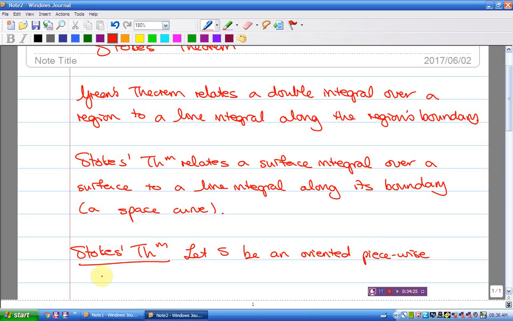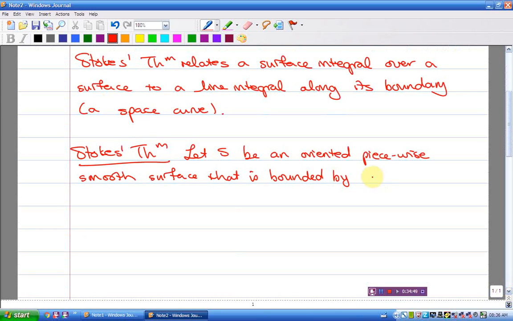Let S be an oriented, piecewise smooth, meaning it can have corners, but just has to have a finite number of them, surface that is bounded by our old friend a simple, closed, piecewise smooth boundary curve. All these adjectives. Bounded by a simple, closed, piecewise smooth